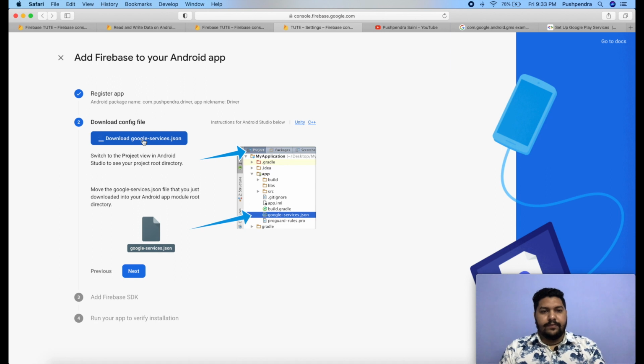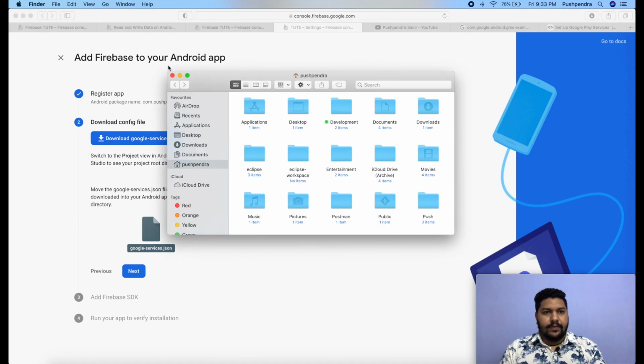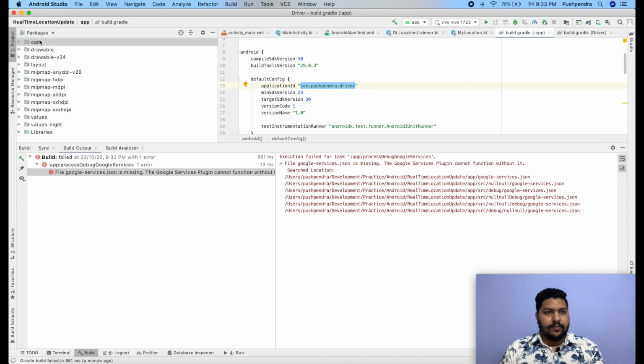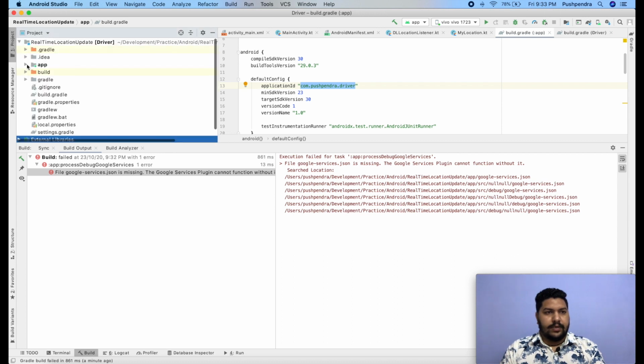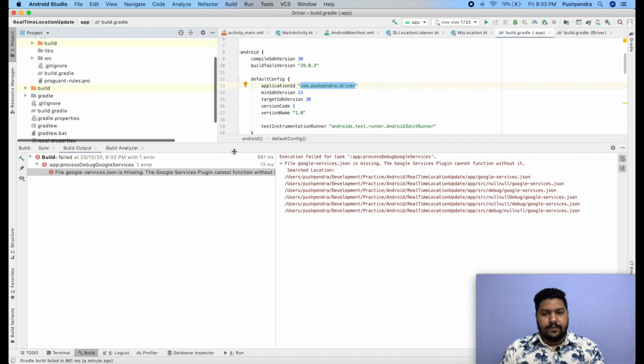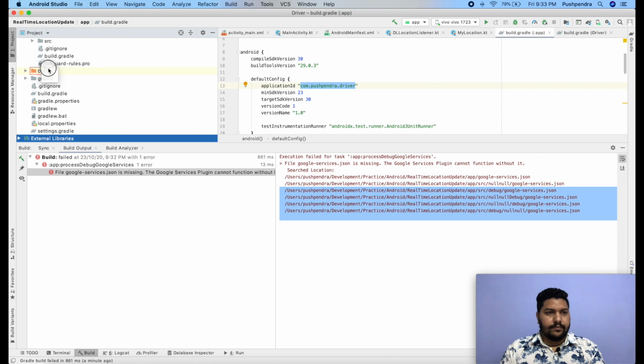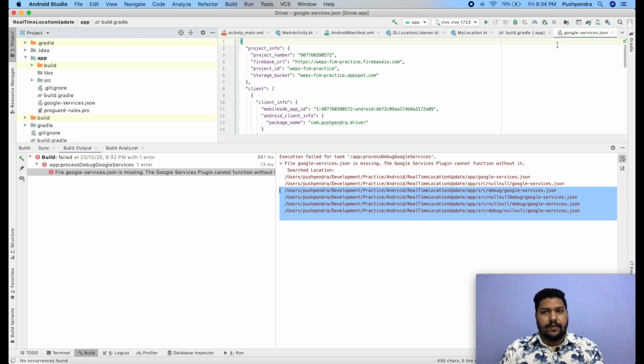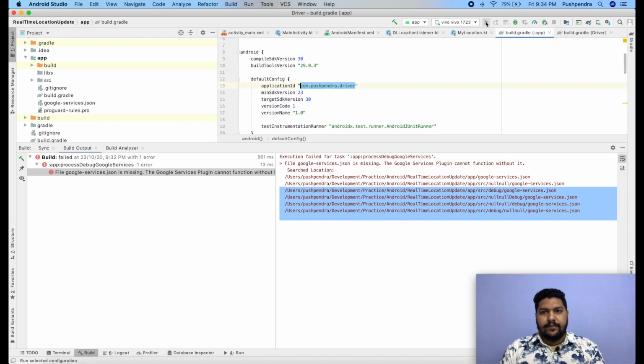I'll download and I'll put it inside my app folder. Okay, I'll put here, open as project, and done. Now I have the JSON file.